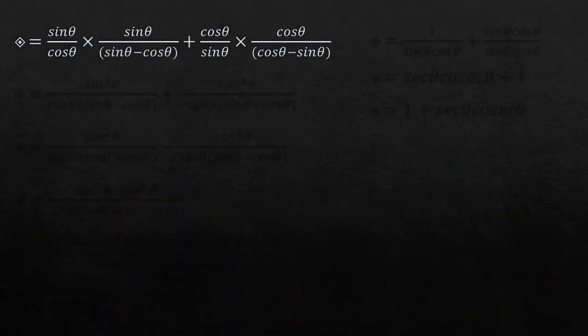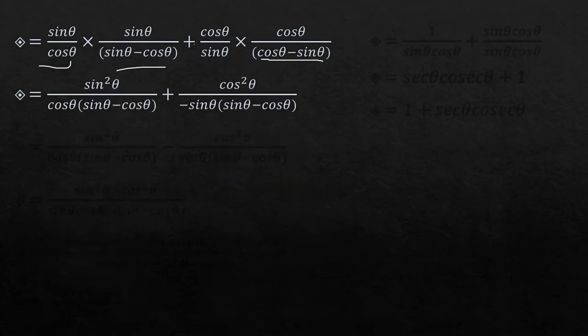So now, as I taught you earlier, if you have 4 terms in fractions, that is 1 upon 2 into 3 upon 4, then I told you how to solve 1 upon 2 into 4 upon 3. So again here, the third and fourth terms become reciprocals. So sin theta upon cos theta into sin theta upon sin theta minus cos theta, plus cos theta upon sin theta into cos theta upon cos theta minus sin theta.